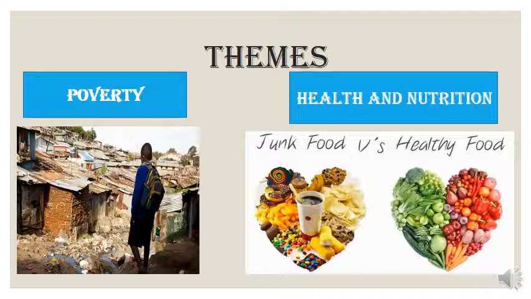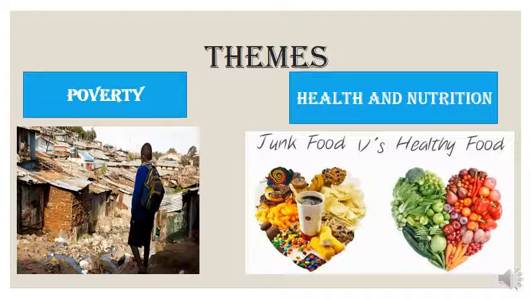We also discussed the story of Yelena, who was an orphan and who worked to help her four siblings. So all of these were discussed in this theme. The second theme was health and nutrition. We have covered one lesson in this unit, and this theme talks about the importance of having a healthy diet